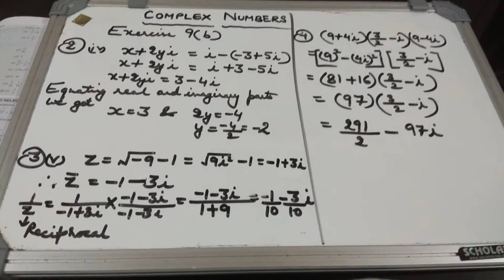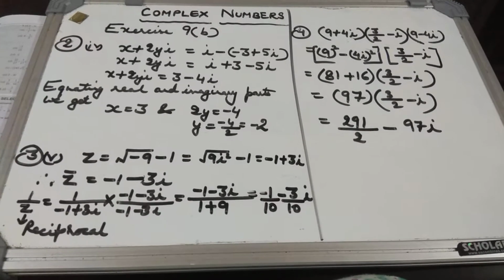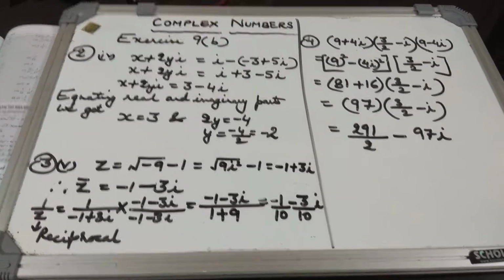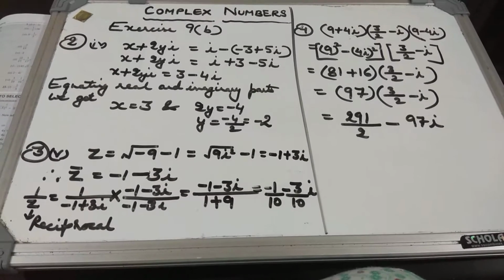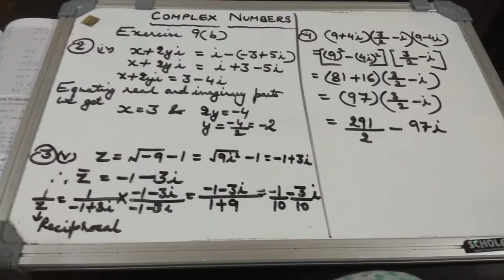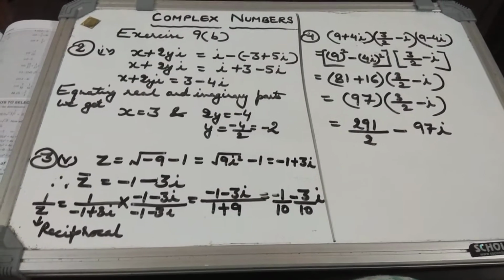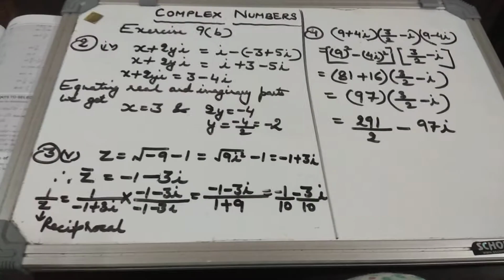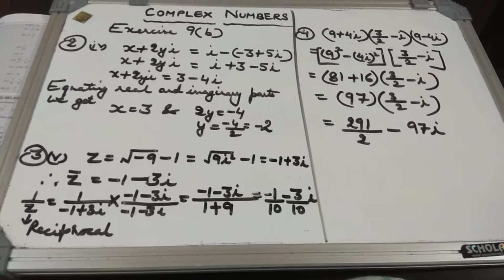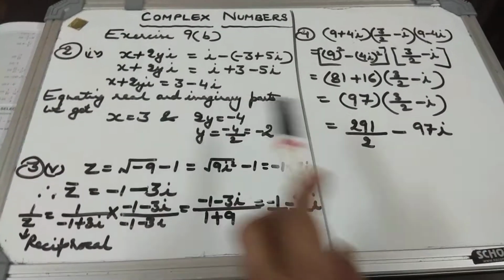Now question number 2. It is to find the value of x and y. Now this question is having two variables x and y, but the equation is 1. So obviously first simplify left hand side and right hand side as it is. That is, don't transpose any element from left to right or right to left. Then you will definitely get stuck and not be able to solve the question. So solve left hand side. Equal sign is there. It has to be kept intact. So first solve the left hand side of the equation and right hand side of the equation.